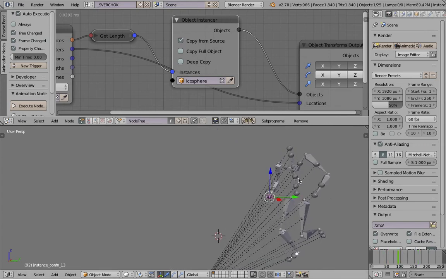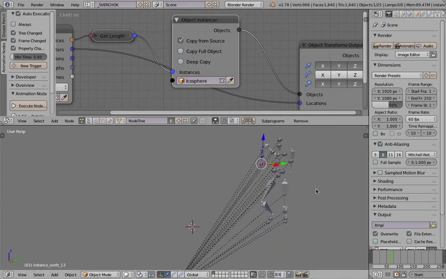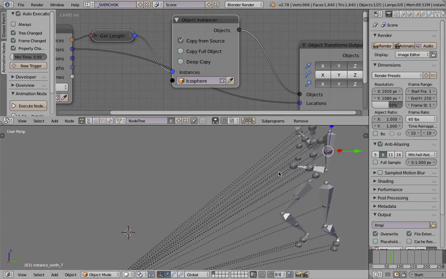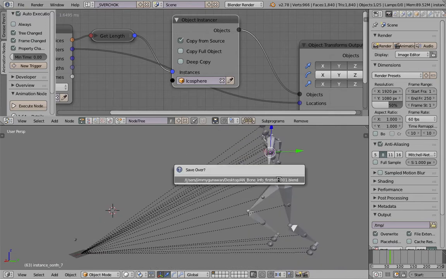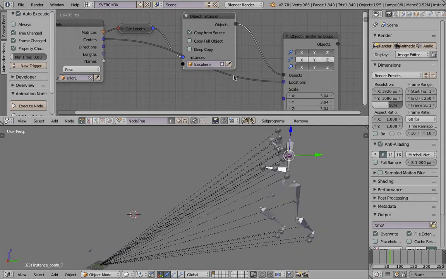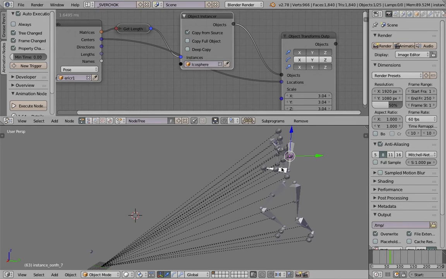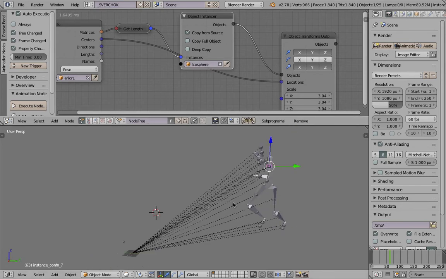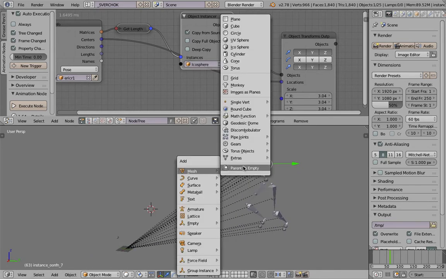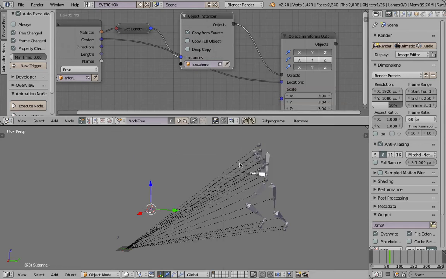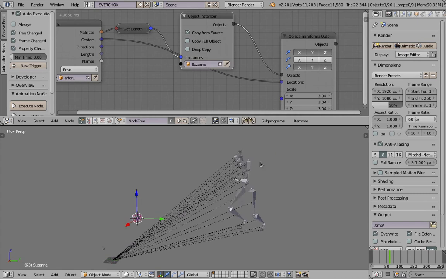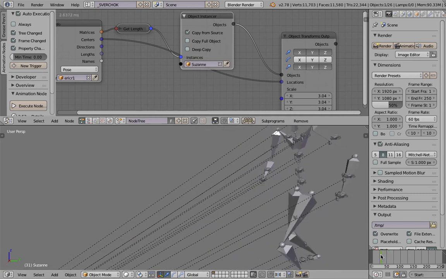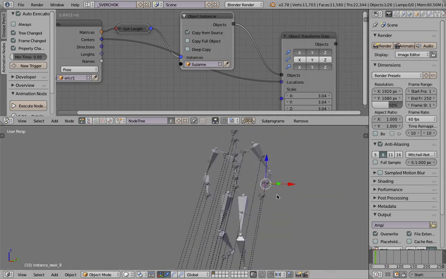Normally, a bone is of course not renderable, but if you have an instance object now, you can simply render it out. So that's very cool. We haven't observed the rotations and orientation of the bone yet. Maybe I should try with Suzanne. So I'll use Suzanne instead of the icosphere, and by default, everything